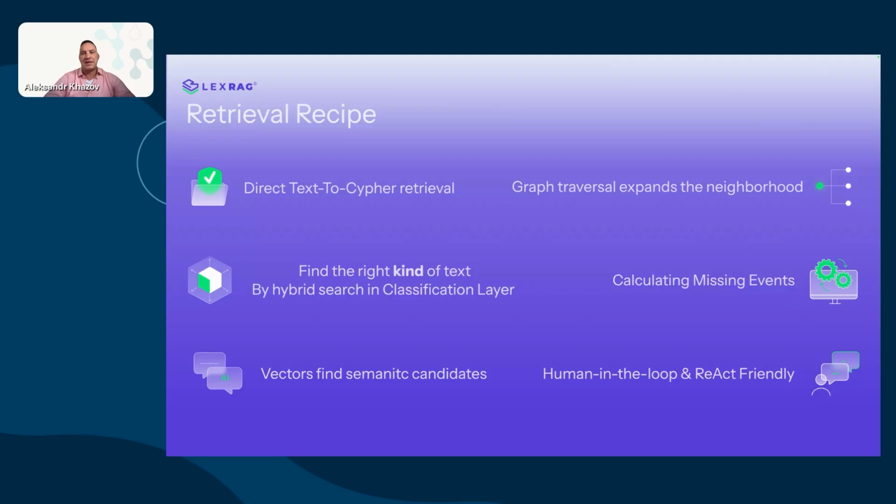This also helps us to extract knowledge using the classification layer. For example, if you need to extract some definition, you may opt for a text-to-cipher procedure, avoiding any vector search. So it's very fast and points you directly to